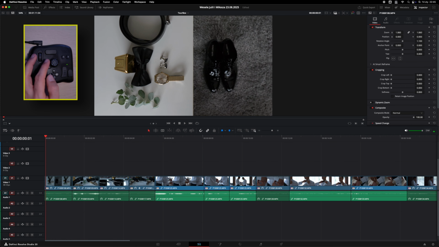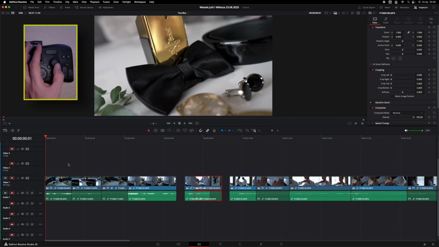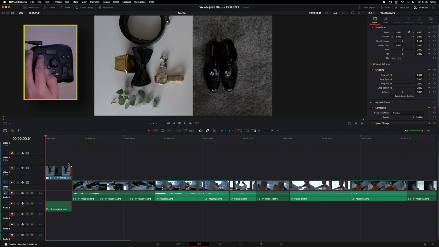So my first combination with knob is when you select the clip, you can change its position by holding also the side button. You can move that clip right or left. The same combination with side button, but with scroll, you can move that clip up or down.